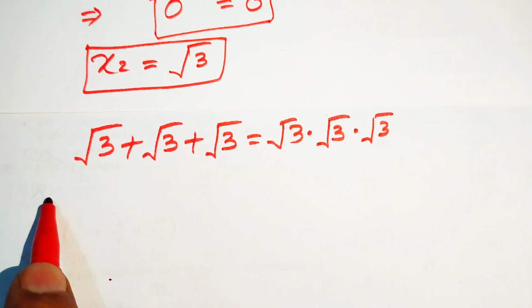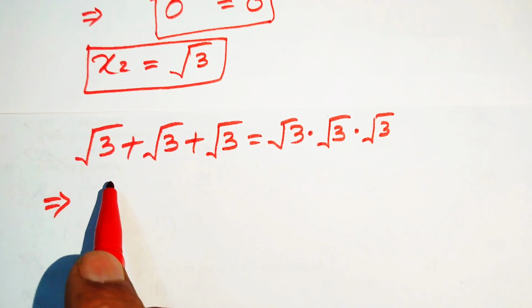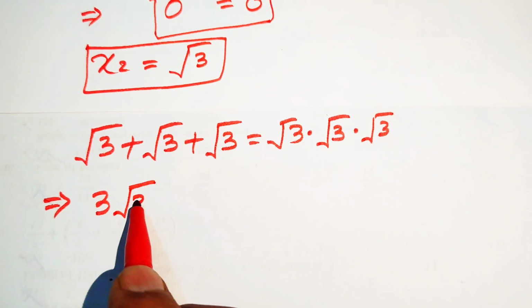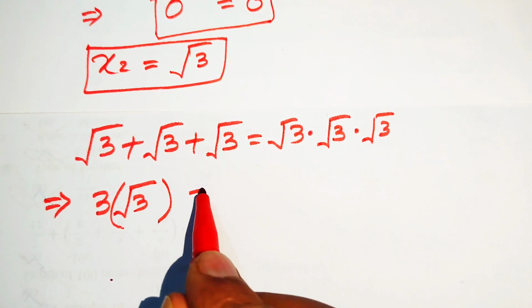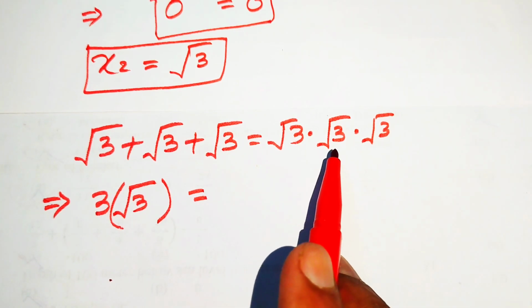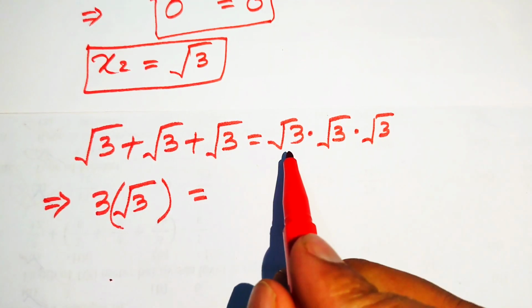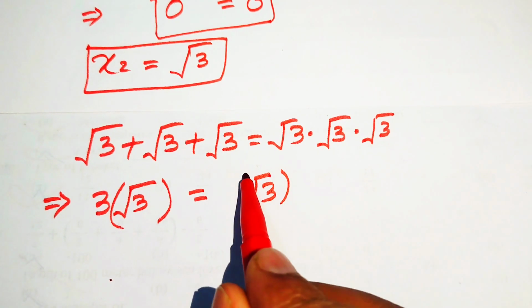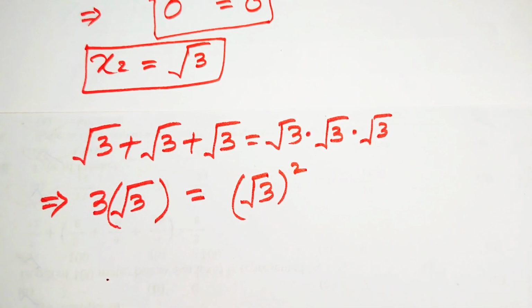So when you add square root of 3 three times, it will be written as 3 into square root of 3, and it will be equal to, since square root of 3 is multiplied 3 times, square root of 3 and its whole squared